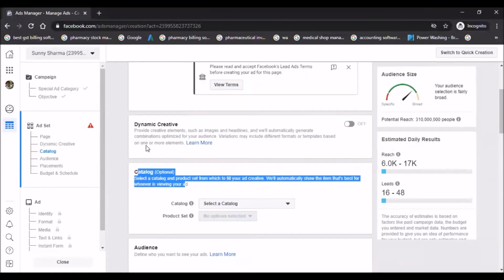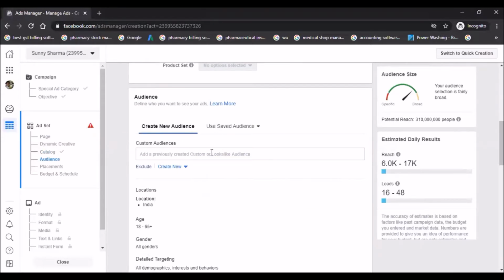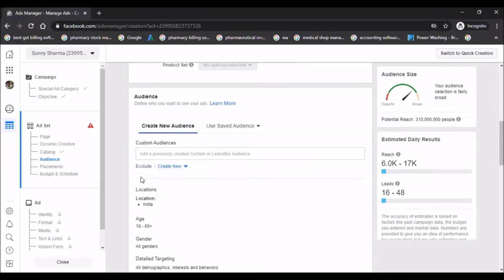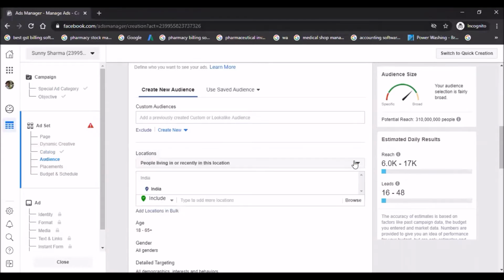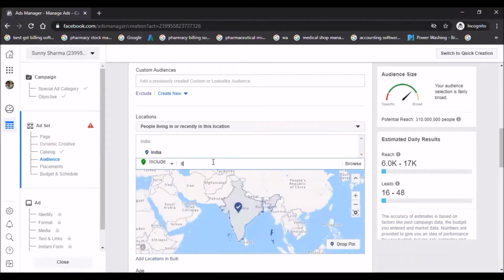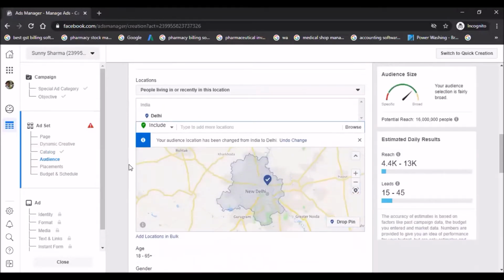It is optional. Now you will have to select the audience, which type of audience you want to get, like your demographic, which country you want to target, which city you want to target. Then you can select from here. For example, if you want to select a particular city, I gave an example of Delhi, then you can select from here. Or if you want to select any city, any country, then you can select from here too.